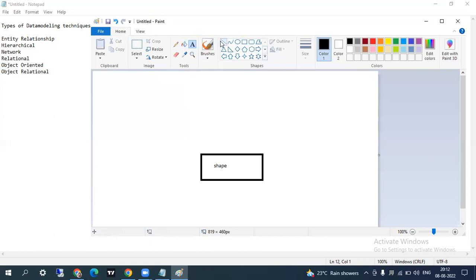You tell me some objects from the generalized shape that would arise. Just tell the objects that we can arrive at from the shape. Shape means